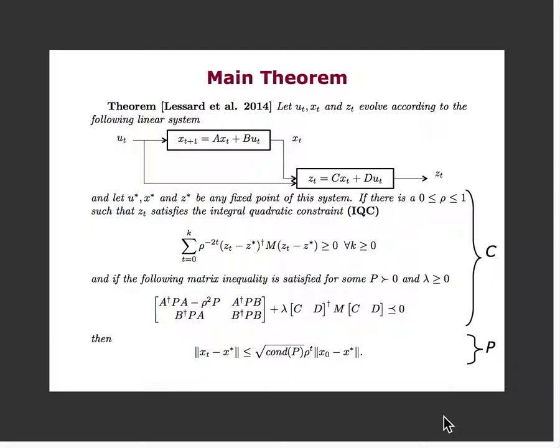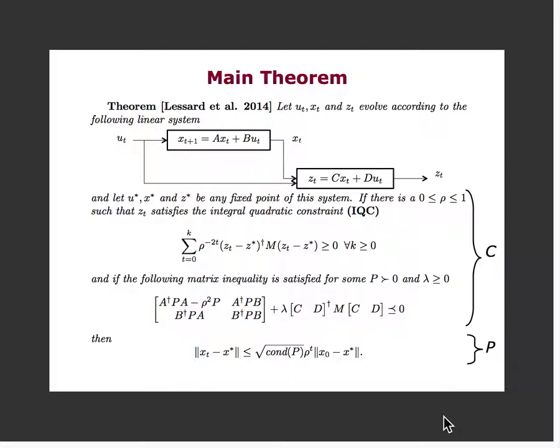So u star, x star, and z star are fixed points of a sequence. I just have a generic sequence u, x, and z, and I have a fixed point of the sequence. If I can find a rho between 0 and 1, such that this inequality holds for any k for some matrix M, and for this rho that I found there, and if in addition this